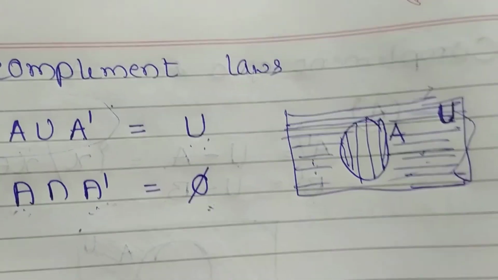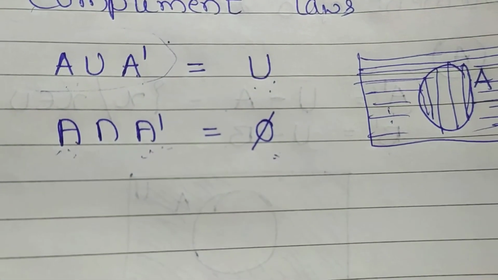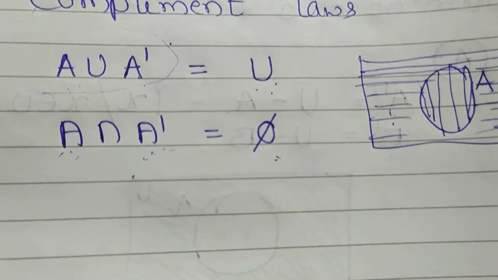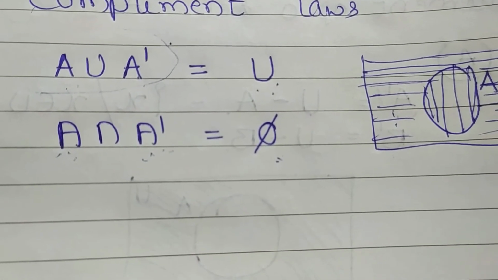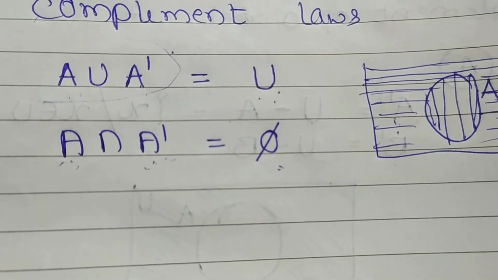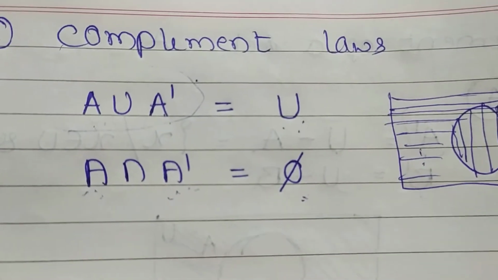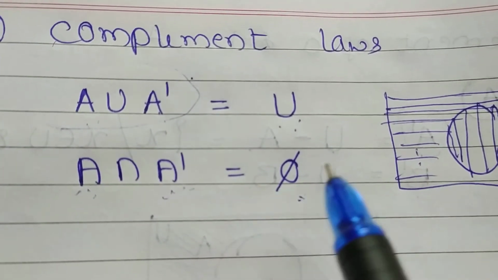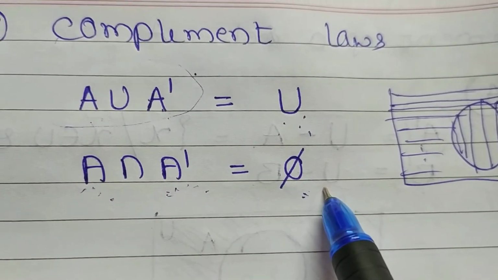If you take any example of a set by taking a universal set as something like 1, 2, 3, 4, or otherwise you take the universal set of your wish, and A be any set which is a subset of that universal set, then you can easily prove that LHS is equals to RHS. That is, A union A complement is U, and A intersection A complement is the null set.